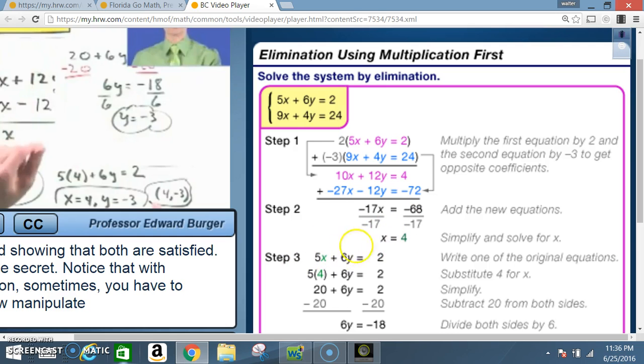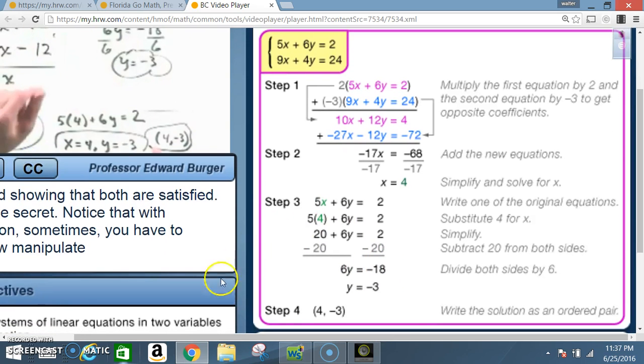Now I go to my top equation, or to either one of the equations, but the top equation is the simplest, and I plug in that 4. So now I've got 5 times 4 in place of that x, plus 6y is equal to 2. 5 times 4 is 20, plus 6y is equal to 2. Subtract 20 from each side. I end up with 6y is equal to a negative 18. Divide both sides by 6, so divide